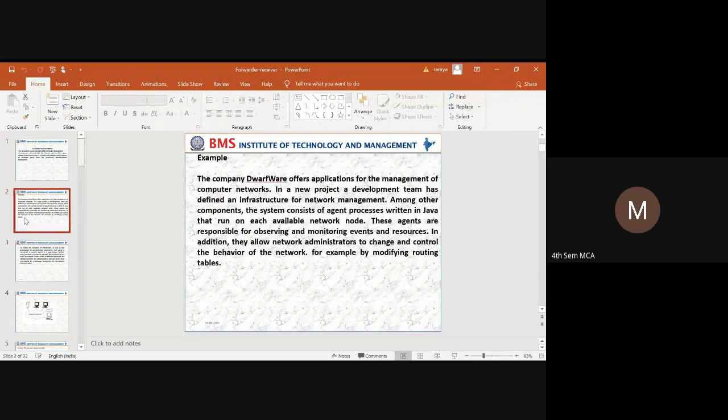So that is how we define a forwarder receiver pattern. Here we are taking an example of Draftware. So what is Draftware? Draftware is the name of a company that offers some applications. All these applications are managed over a network. Since the applications are available over a network, that team has to define network management.